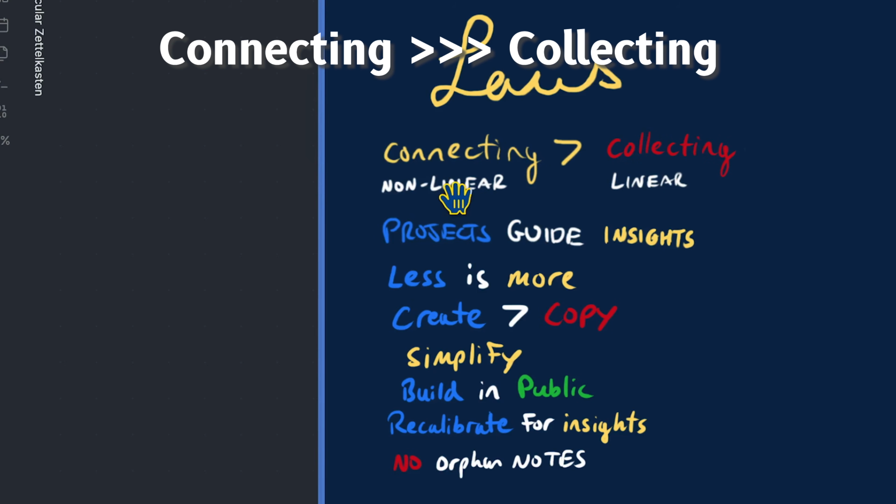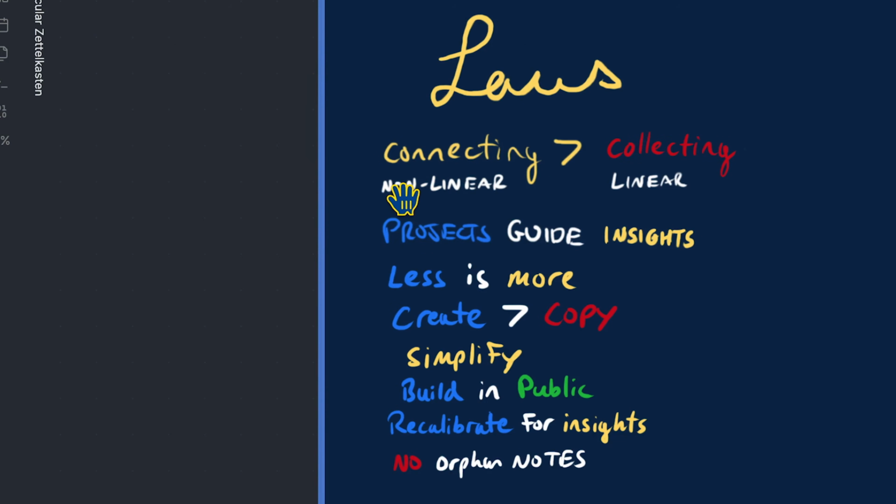The first law is that we value connecting over collecting. When you connect notes together, you begin to have nonlinear growth. You can have emergent properties and patterns come into existence by virtue of connecting your knowledge together, by connecting an atom to an idea to form a molecule, or multiple atoms together to form a molecule. This is in contrast to just writing down a quote, which is how most people take notes.